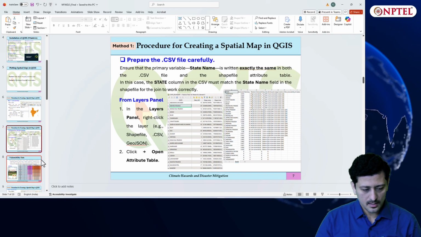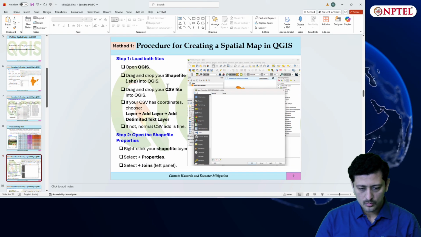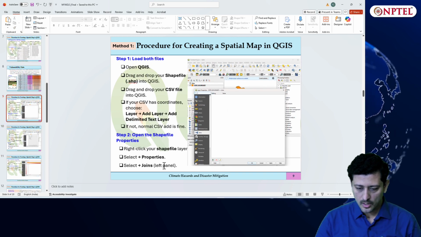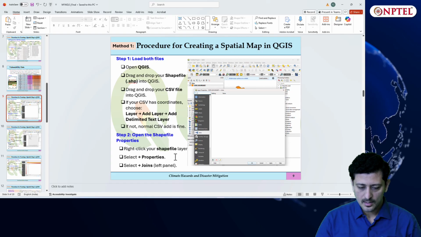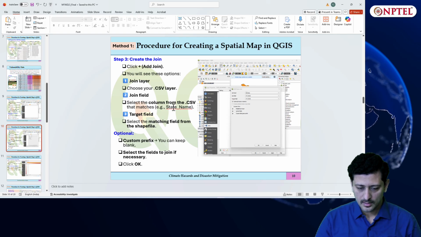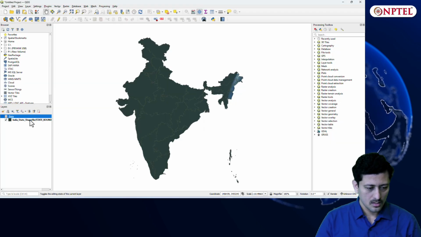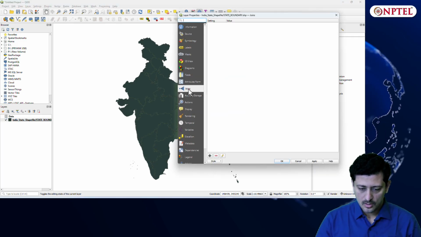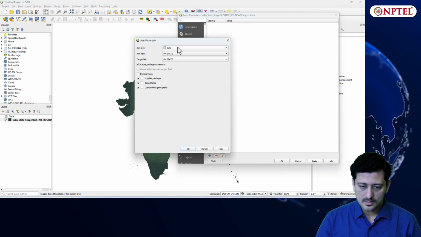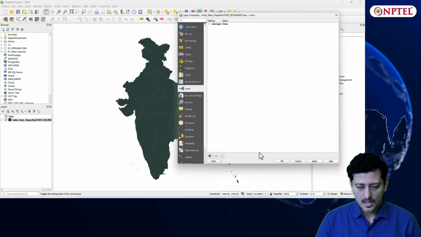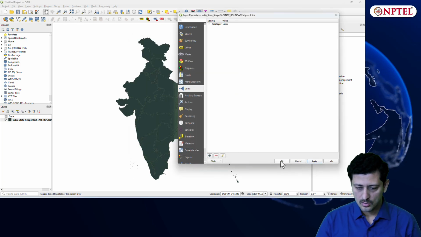We have proposed that you will click on joins, and in that join, shapefile layer, and then you have to just add join, and then you have to choose your CSV, and then you have to select whether the state name is matching or not. So for the shapefile, we will click on properties, click on join, and add it. You can see this is data, state, that is the joined field, the target field is again state, and then you click on apply. OK.